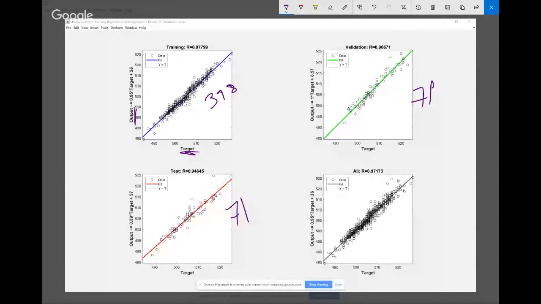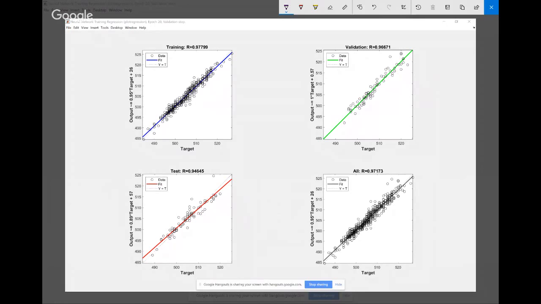And you can see most of them are plotted near the 45-degree line, which is again a good sign that our system has been trained. And if in case your data is mismatched, or it's randomly all over the graph, then you have to retrain this entire system, either by increasing the neurons or by using another algorithm.